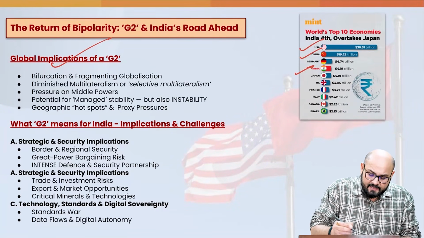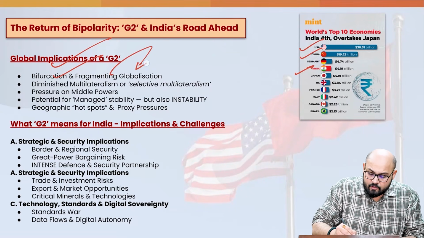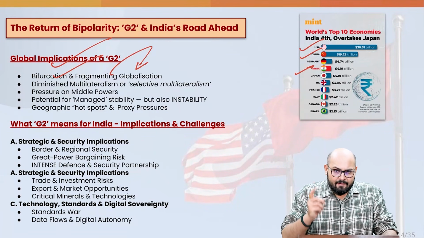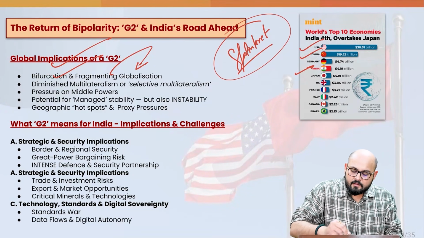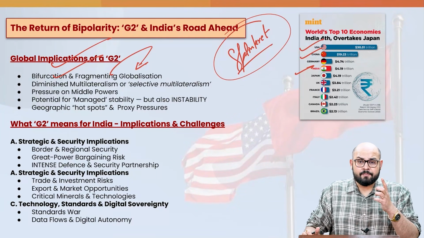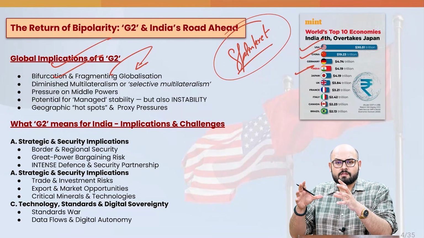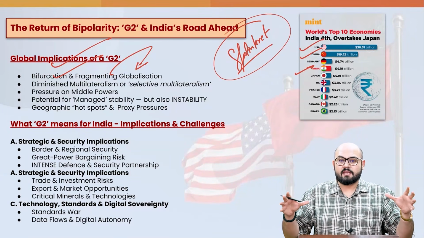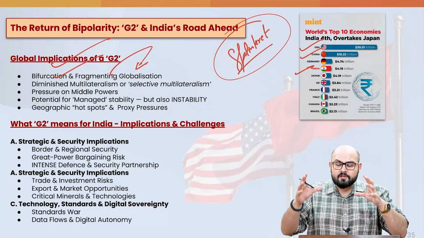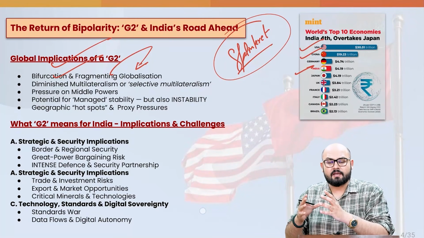What are the global implications of a G2? The very first is bifurcation and fragmenting globalization. What does it mean? Have you heard about the word splinternet? Now, what does it signify, splinternet? That there is a conception of the internet where internet works within the national boundaries. See, right now we have internet as a global phenomenon, right? There are no boundaries which exist. But when we talk about countries having their own boundaries with respect to the usage of internet,